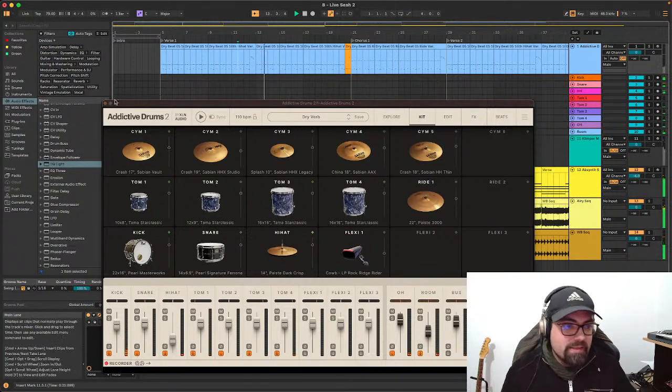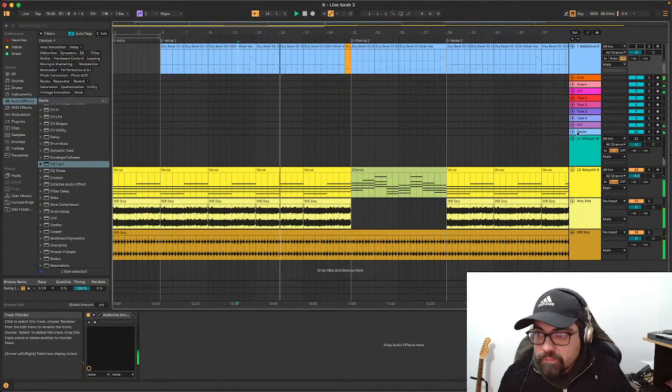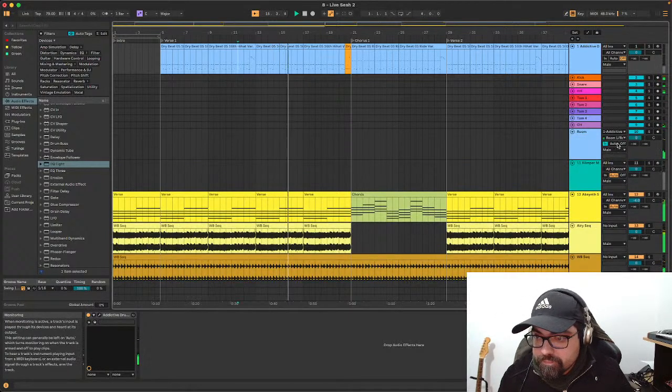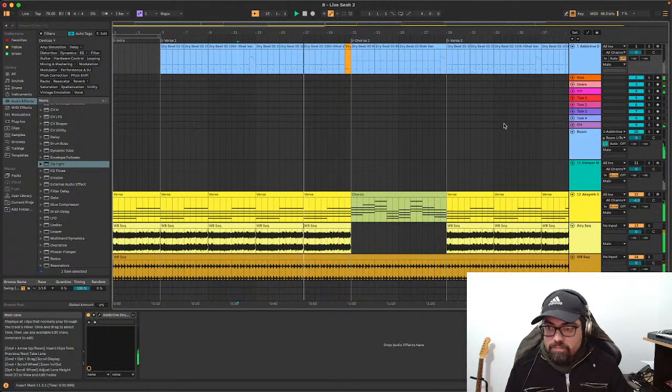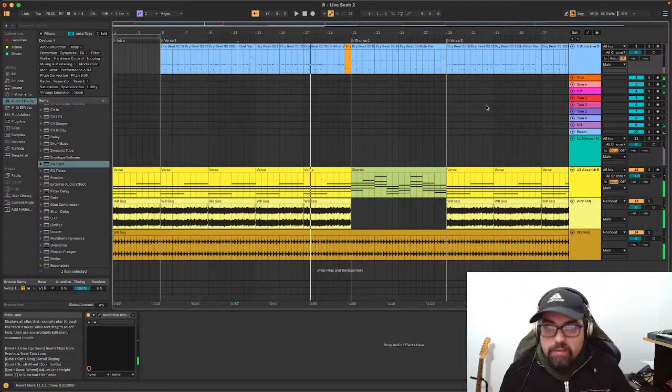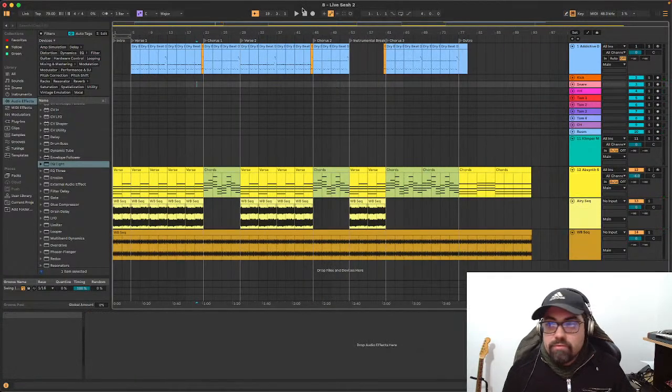Perfect. So we got signal in all the tracks. Yeah, the room makes a big difference, so I'm going to keep it. Now what we're going to do is record the drums,